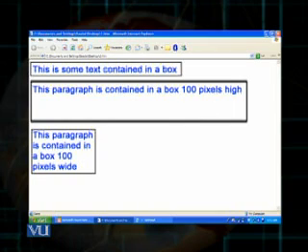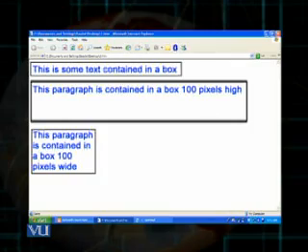Then because of the paragraph tag, there is a line break, a line space, and then you can see the middle box, and the sentence written is, this paragraph is contained in a box 100 pixels high. You can see that the height of this box is 100 pixels. Afterwards, you see there is a third box in which the sentence written is, this paragraph is contained in a box 100 pixels wide. And you can see that the width of this box in this particular case is 100 pixels.